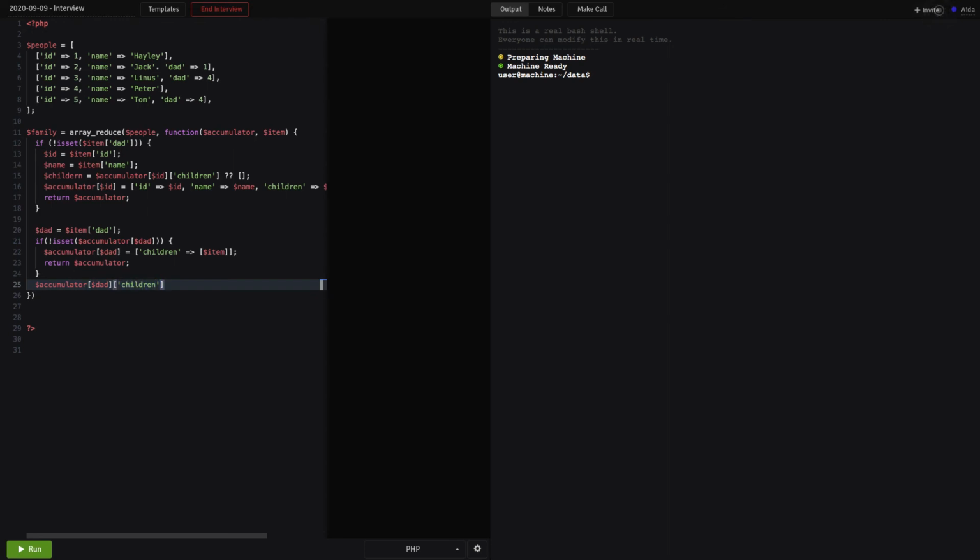the children array. So the children subarray already exists, and we add the current item, which is the next child, to the children subarray, and then we finally return accumulator again, and we need to make sure that we pass an empty array initially as an initial variable. Like we said, we need an initial variable